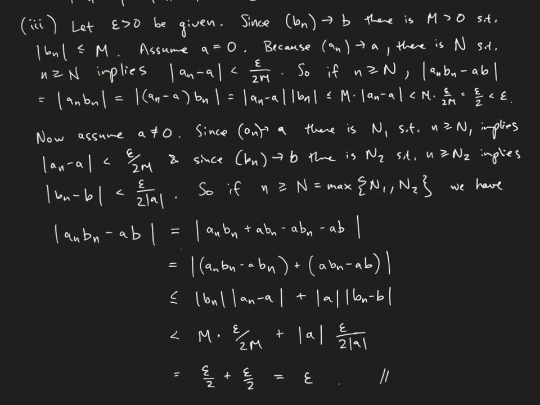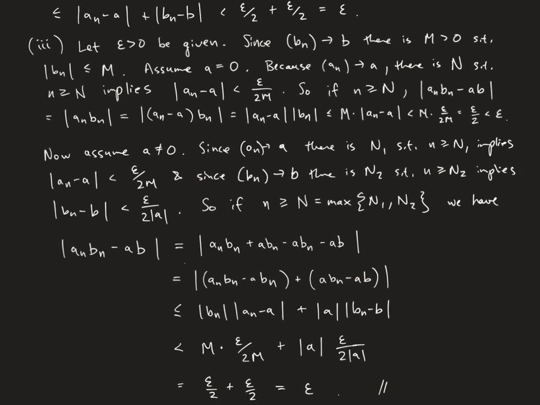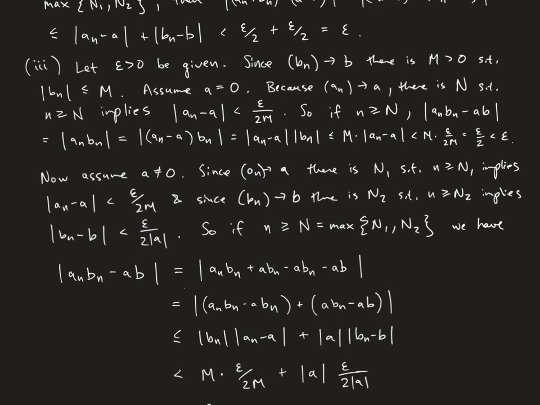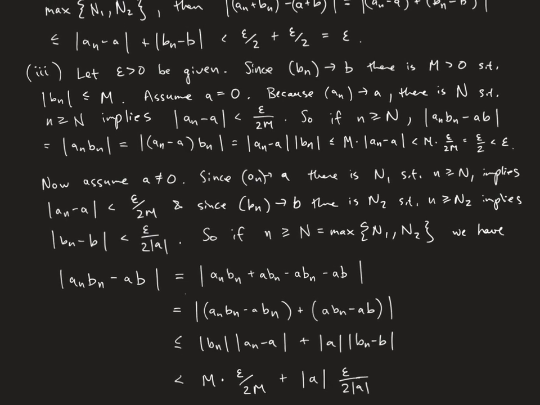Okay, so that one was definitely a bit more involved, but hopefully I broke it down enough that you can follow the argument. The key point was that you really have to figure out how to algebraically get the an minus a's and bn minus b's involved when it's not obvious how they're involved. It is just add and subtract the same thing. You just have to figure out what the right thing is. So hopefully that little geometry demonstration helps you see why that's a natural thing to think about.